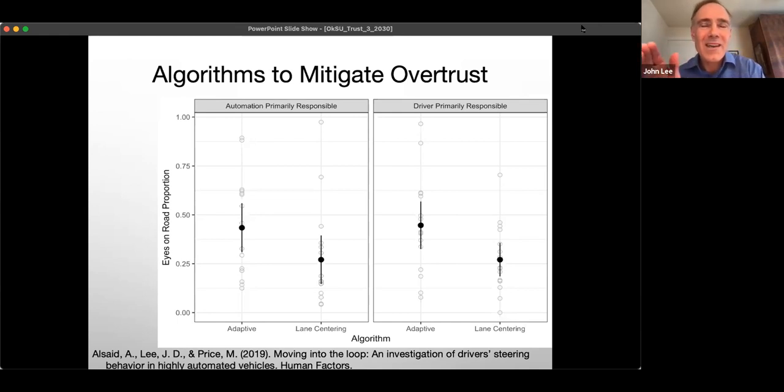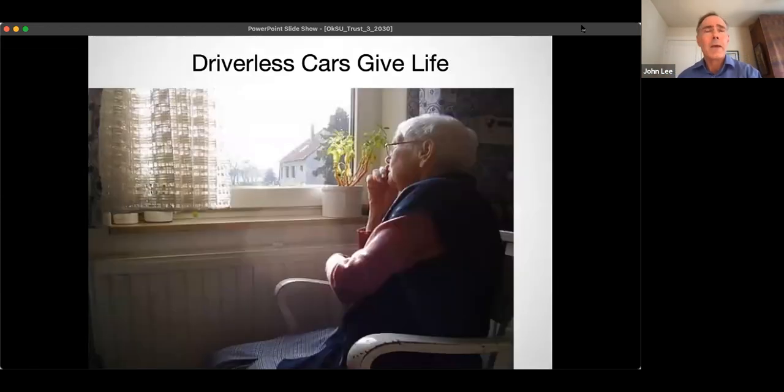And what's interesting here is if you look across those, there's no difference, or maybe there's a difference, but it's very subtle. And what this illustrates is the effective instructions may not be that persuasive to drivers. And so at least in our experiment, the instructions had little effect, but the algorithm had a substantial effect. So shifting now from the situation where we go from the semi-self-driving sort of self-driving cars, the level 2, level 3, where overtrust is a problem,